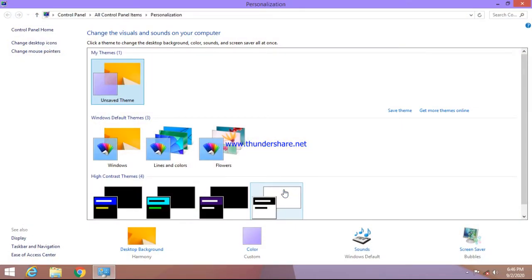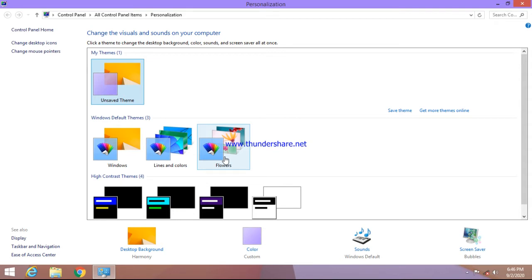So this dialog box comes in front of you. If you observe, this is the path: control panel, all control panel, personalization. This is actually the path of selecting the personalize option.